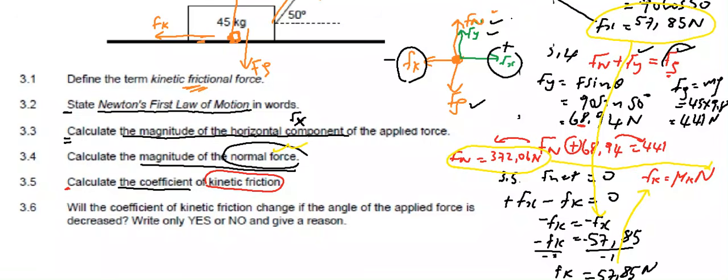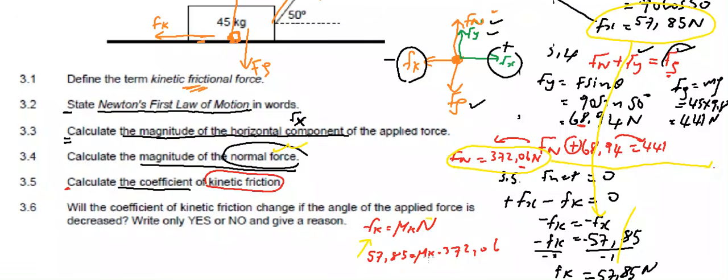So we find our Fk, 57.85, is equal to the coefficient. Okay. Let's calculate it here. Let's use this area. All right, Fk is equal to coefficient of kinetic friction times normal force. Now here is the normal force. Normal force is